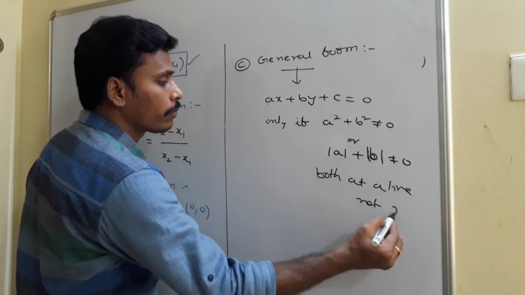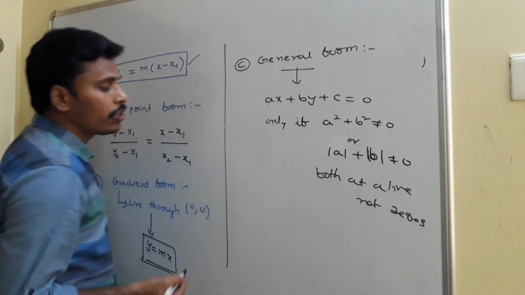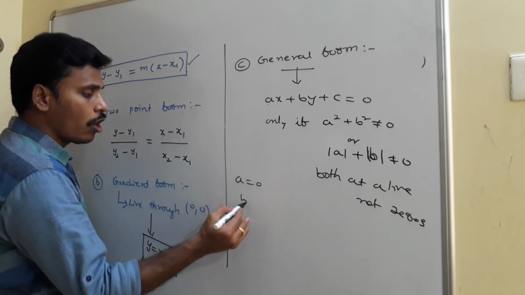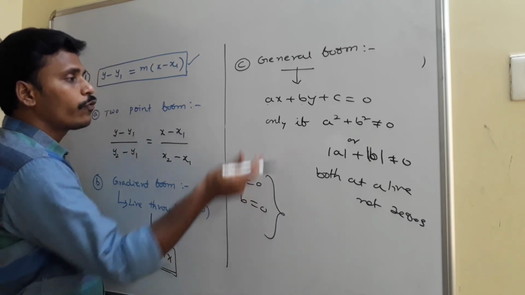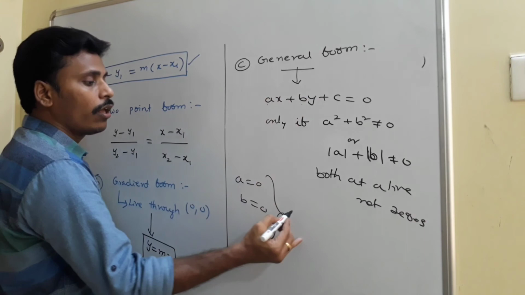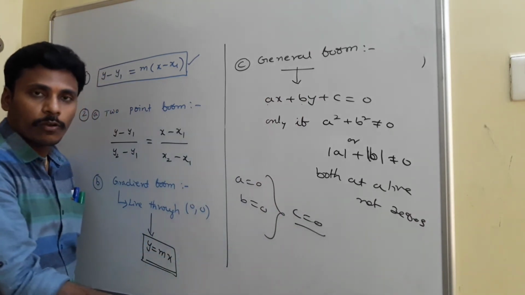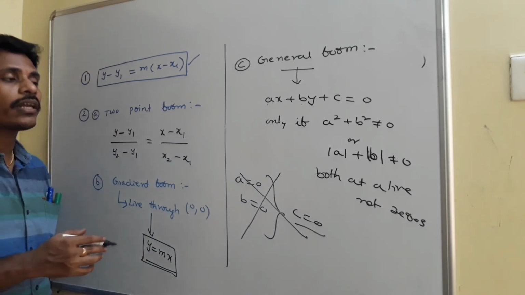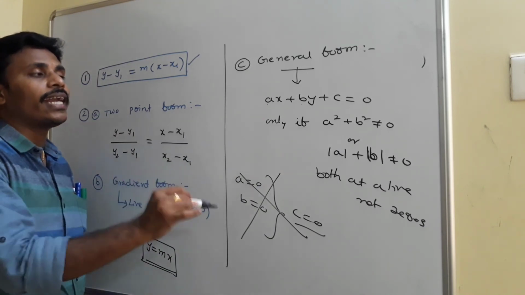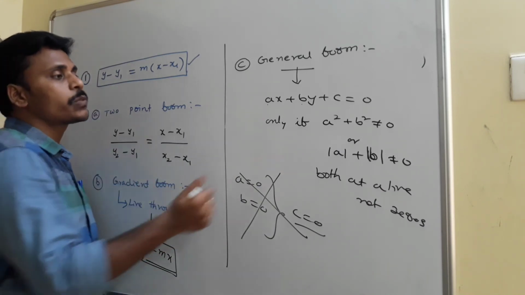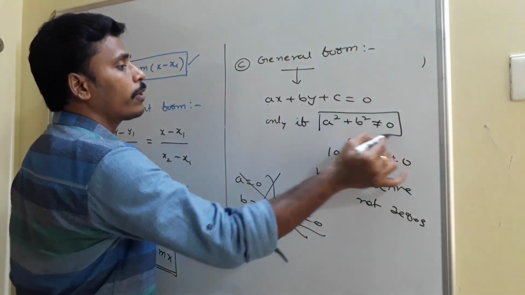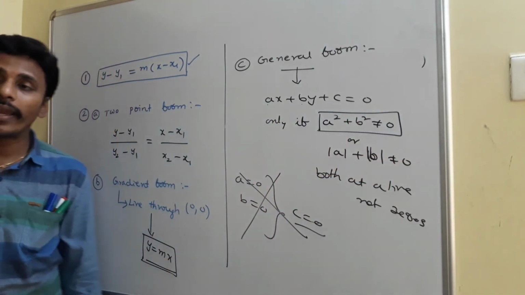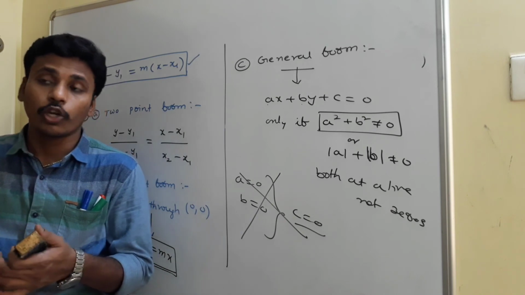If both at a time are zeros, if a is equals to 0 and b is equals to 0, if you replace a with 0 and b with 0, then at the end you are left with c is equal to 0, no? So everything gets 0, then this is a wrong discussion. That's why both at a time not equals to 0. To indicate that, we provide this restriction, that a square plus b square not equals to 0.